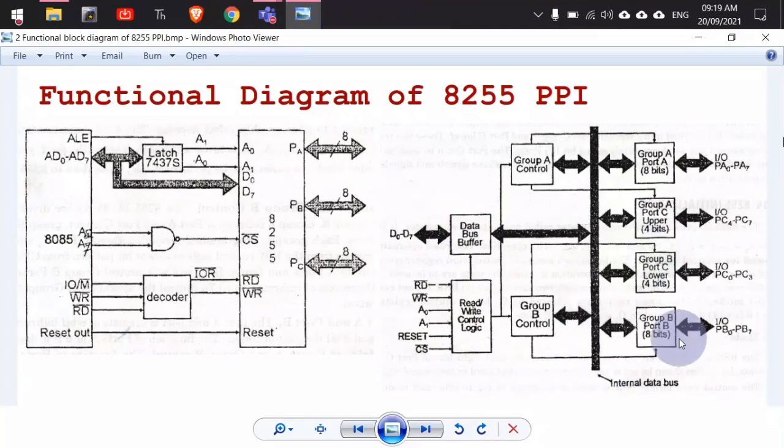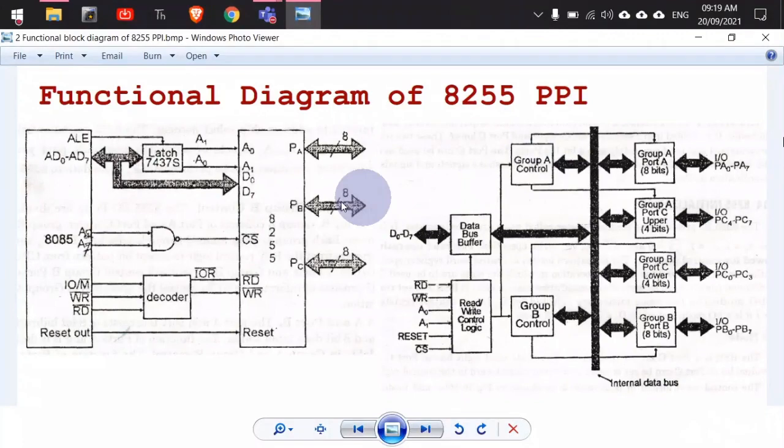We should keep this picture in mind, and we should be able to remember this, right? Because if you remember this, all of the things that we need to study will be known to you. It's not necessary to remember the actual pin numbers. Now, how do you connect your 8255 IC? This is your 8255 IC. You want to connect it to your microprocessor.